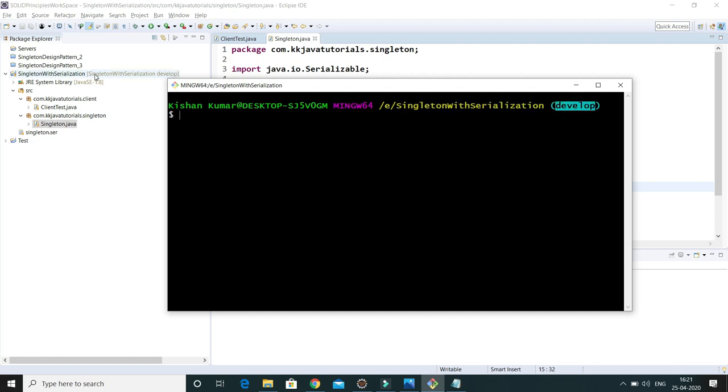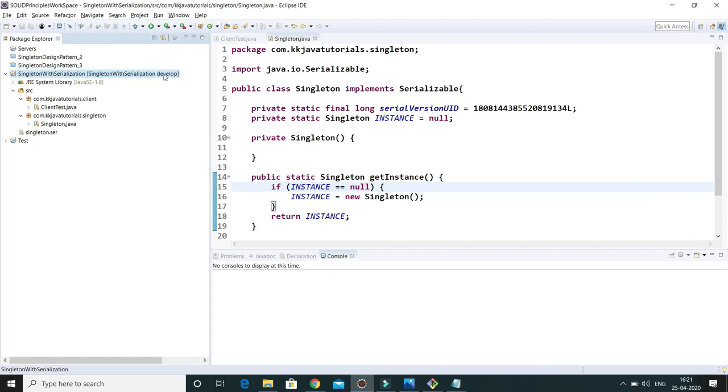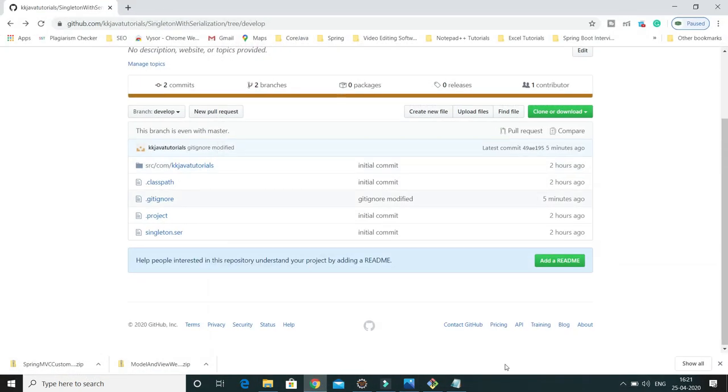Here, the same workspace is imported in my Eclipse, and you can see my current branch is pointing to the develop branch. Let's say you are working on a project and a lot of commits happen. Let's take an example of two commits. One commit is done by user 1 and another by user 2. Once user 1 does some commit, and after that user 2 does some commit, there are two commits available on the remote repository. So commits related to those files will be available on my develop branch.